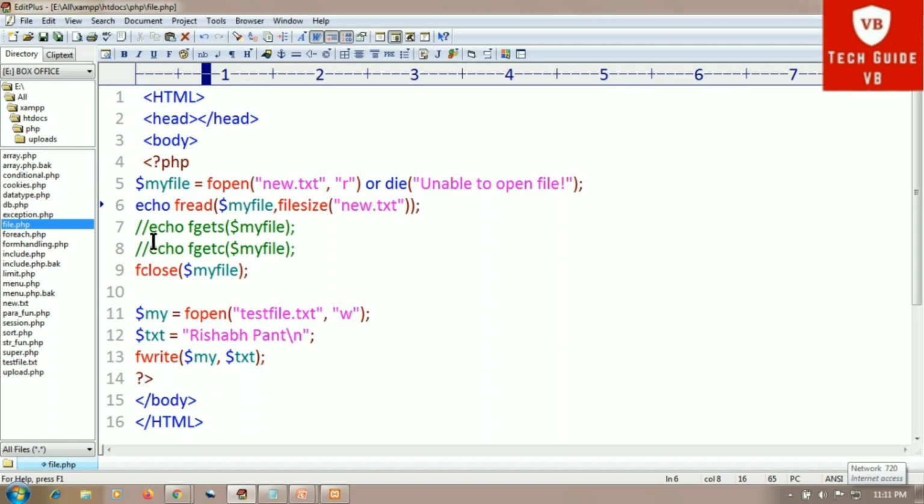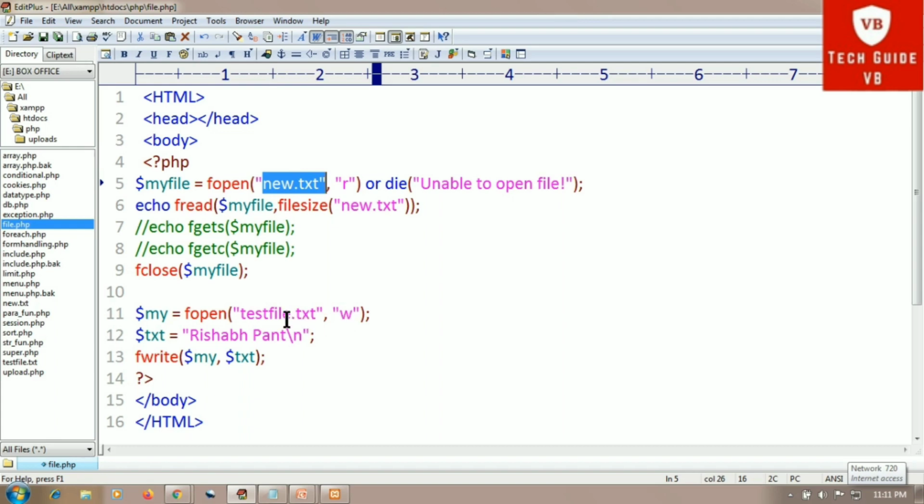For opening a file, the new.txt must contain some content, and that content will be read. After reading a file, we will see here the writing of a file. For that, we have taken one variable $myfile equal to fopen in brackets testfile.txt comma w.